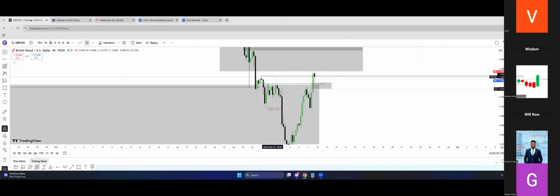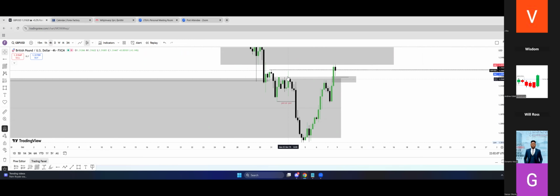So this was initial accumulation. Price, what did he do? He came there, respected that level. Why did you think price didn't sell from here? Did you think that this area was not valid? It was valid. He came there, he respected that area. What do you see?